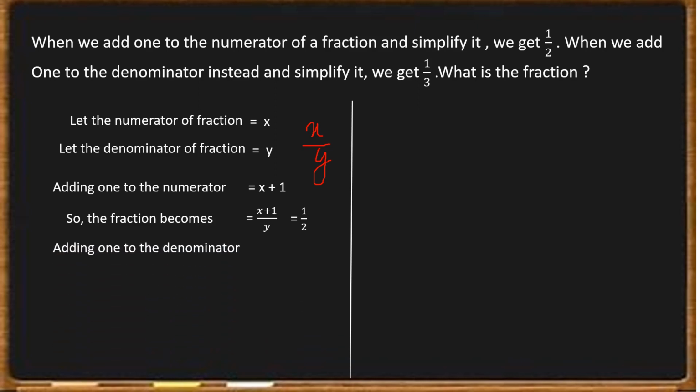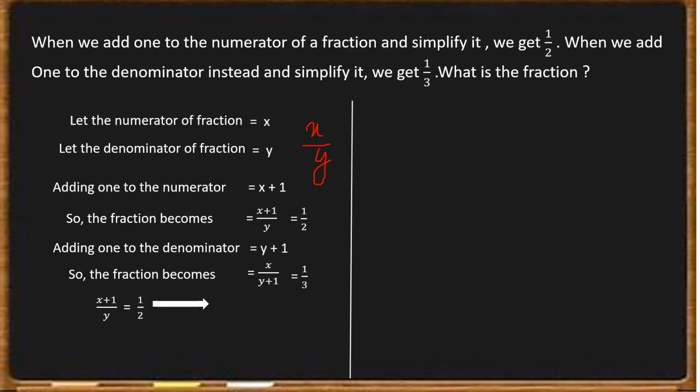Again, the next sentence is saying that if we add 1 to the denominator, that is y plus 1, and we are not doing anything with the numerator, then the fraction becomes x by y plus 1, and it is given that we get 1 by 3. So we are carefully considering the two equations we got, which are x plus 1 by y equal to 1 by 2, and